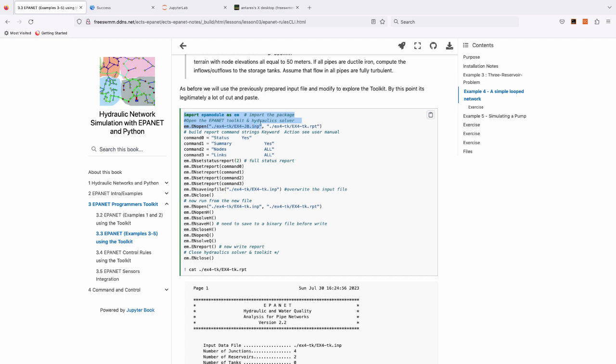and I have a file there called ex4-jb for Jupyter Book .inp, and we will create an output file called ex4-tk.rpt, and then we're going to actually create 4 commands, command 0 through 3,